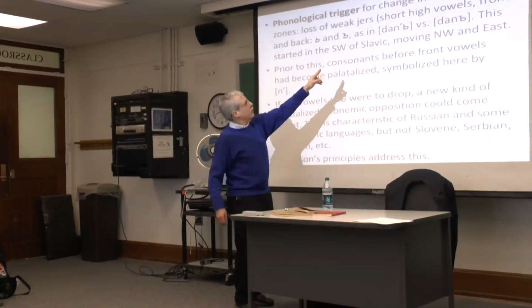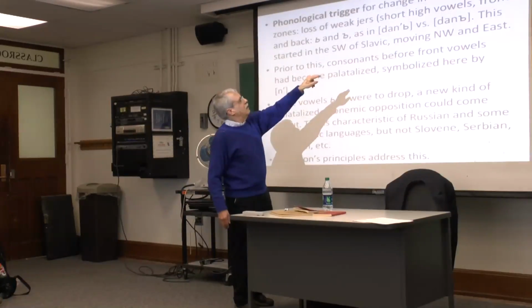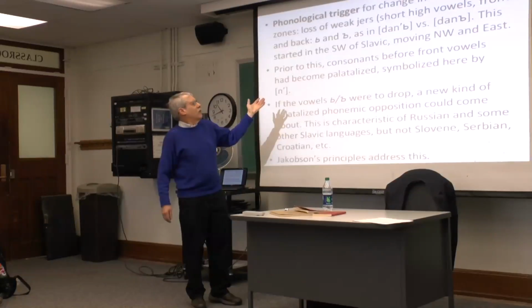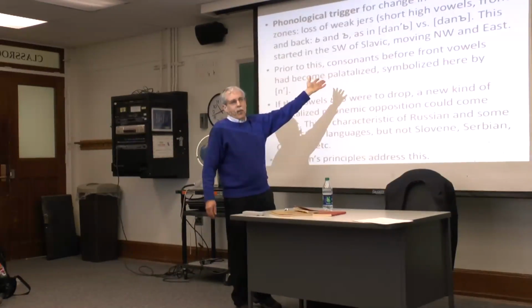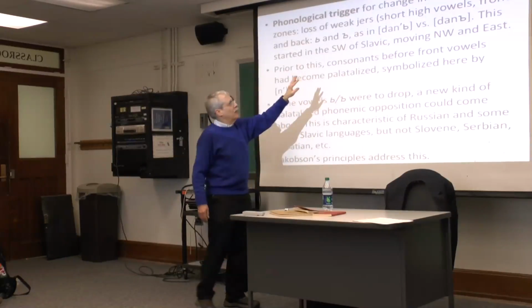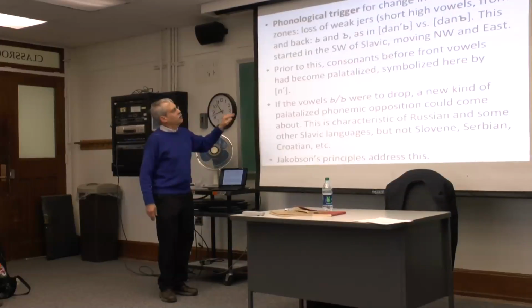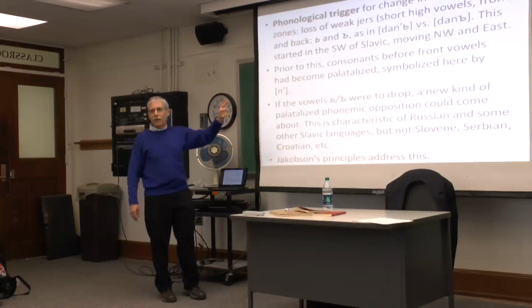And here some examples would be this. The E, say dani, and danu would be different. And if we take the modern Russian meanings, one is a tax, and one means given. So they're different words. You don't have to really worry about what the meaning is, but they are different words. And this thing, dropping these vowels, it started in the southwest of Slavic. Now, how do we know that?